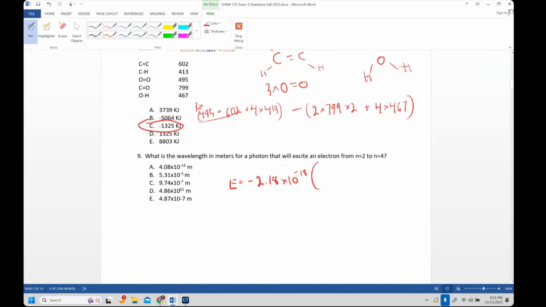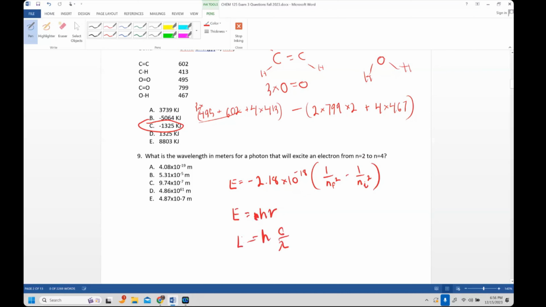And it should say, in a hydrogen atom, because normally it's a hydrogen atom, it would be 1 over n final squared minus 1 over n initial squared, like that. So this is what we're trying to solve. We're going from n equals 2 to n equals 4. So it would be 1 over 4 squared minus 1 over 2 squared. Plug that in and you get the energy. This energy would be equal to n h nu, or well, n is 1. So it would be